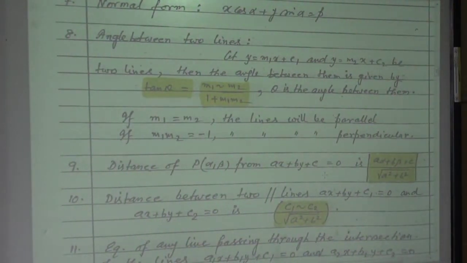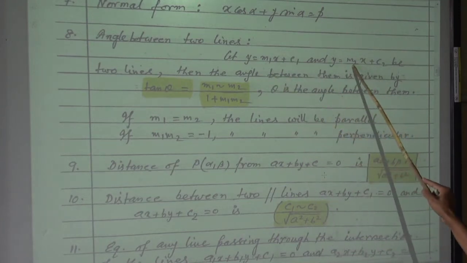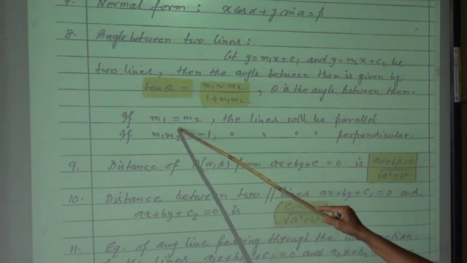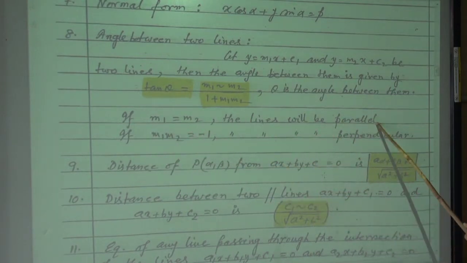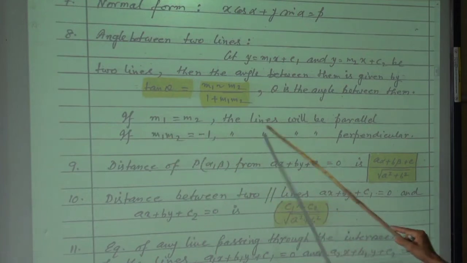Next, these two lines will be parallel if m1 is equal to m2, as you have done in class 10. If m1 is equal to m2, the lines will be parallel. If the product of the slopes m1 and m2 is equal to minus 1, the lines will be